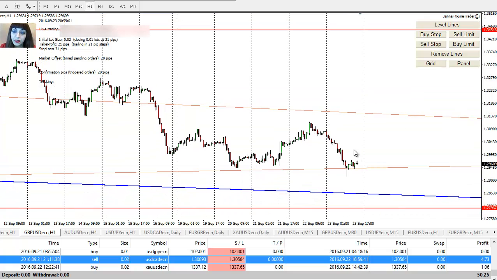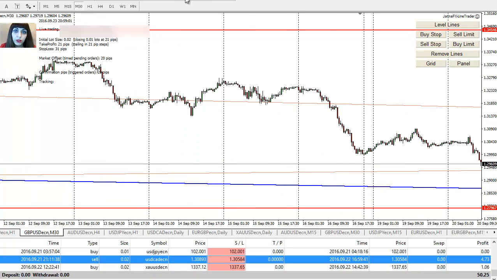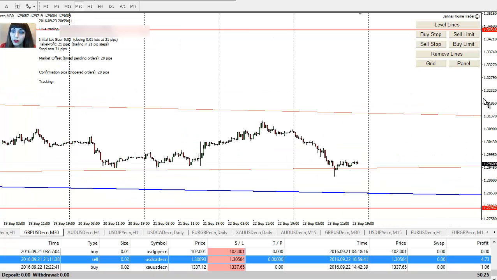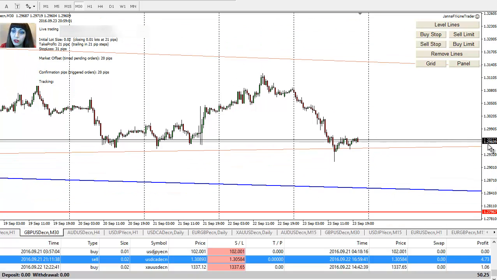And that's exactly what's happening now. You can see it stopped and started to create a consolidation. So a little channel by the look of it. So hopefully it will continue a little bit more. I will look, of course, how it will open on Monday, because now it's not as unpredictable, and I might